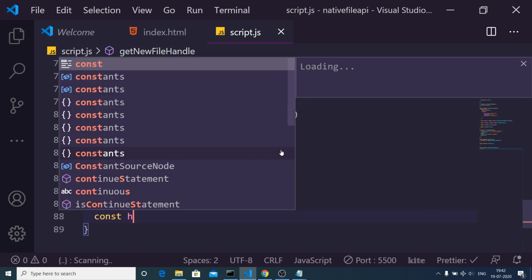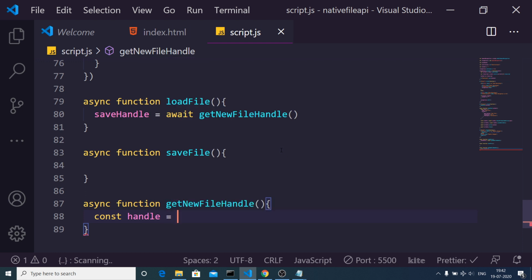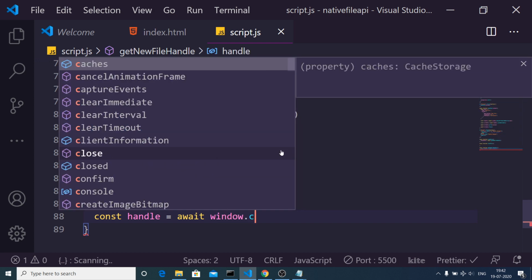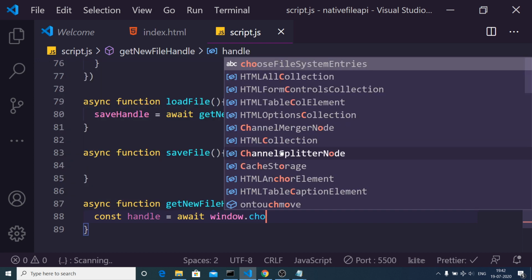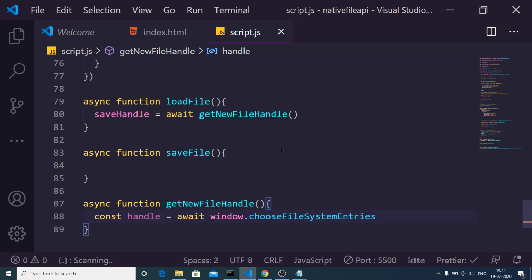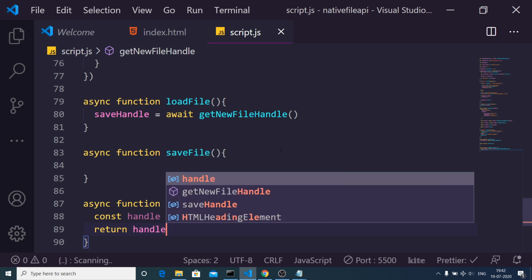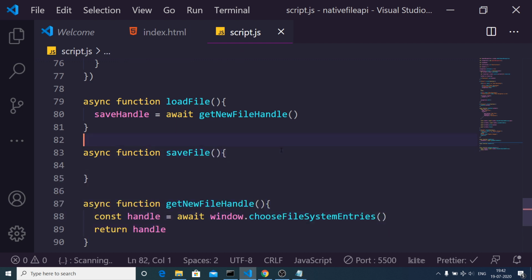We will make a new variable, const handle, with await window.chooseFileSystemEntries. This is the same method that we used in the last step also. After using this, we just return the handle, so this will have the handle reference stored inside this variable.